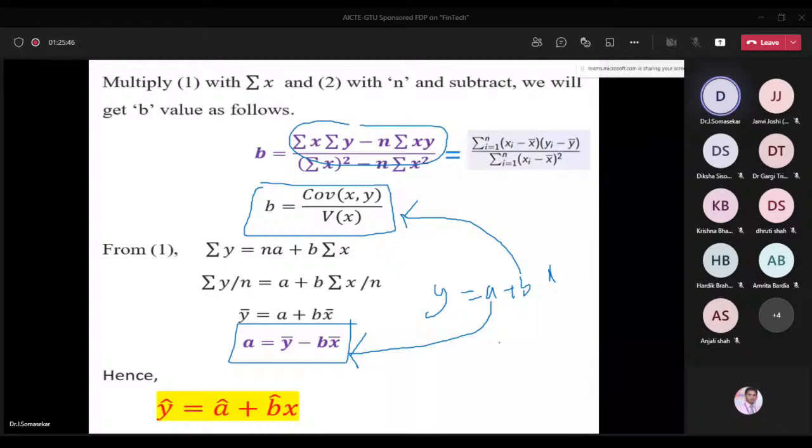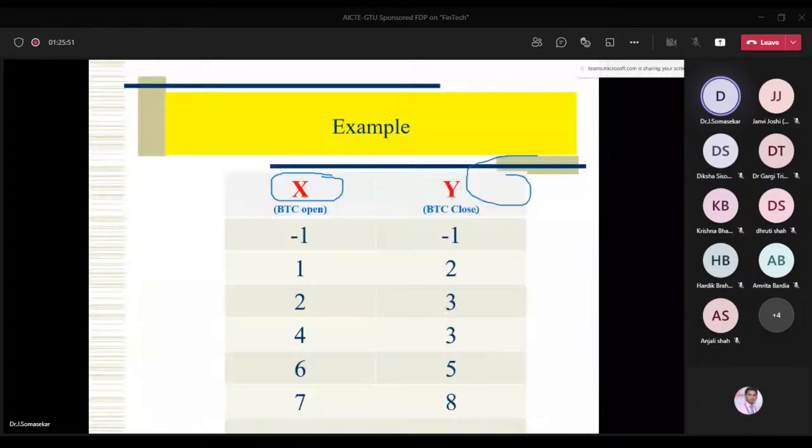Now the X value is one independent variable, Y is the dependent variable. We have to establish the relation between these two variables by using linear regression. There we are looking for the a, b values. So that means we have to find y equal to a plus bx, but we should know the a, b values. How to find the a, b values is given in the previous slide formulas, even the derivation also. By using that we are going to calculate.